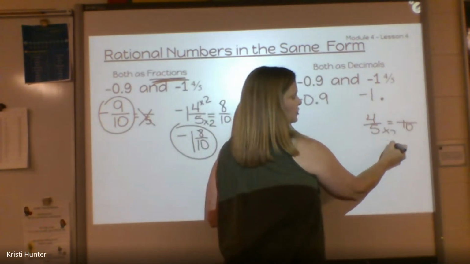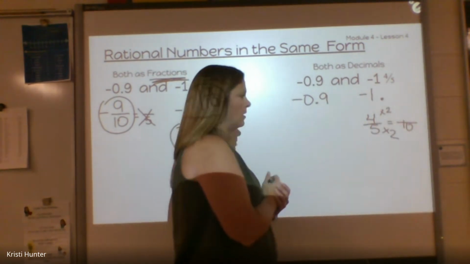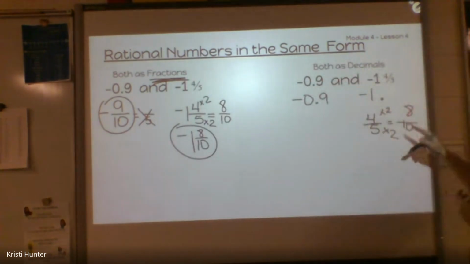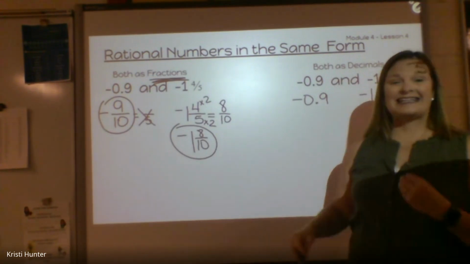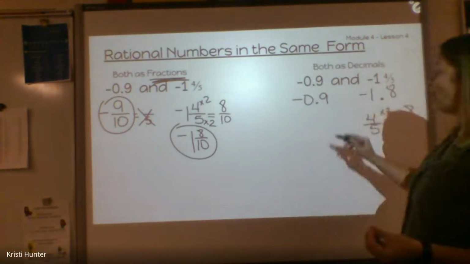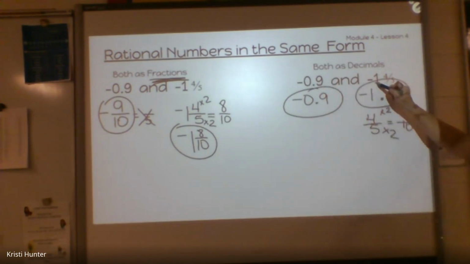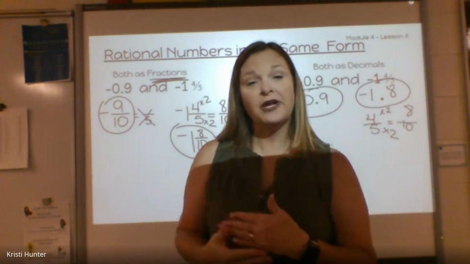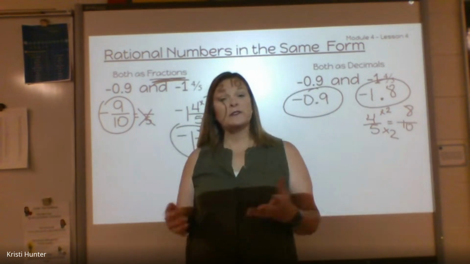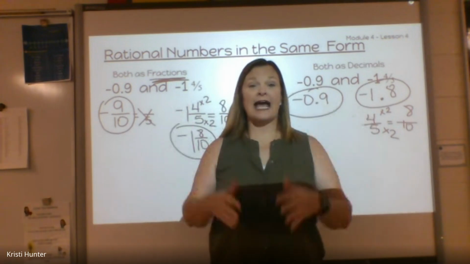5 times 2 gets me to 10. If I do it to the bottom, I got to do it to the top. 4 times 2 is 8. So I have 8/10, which we write as 0.8. 8/10. So now I have 2 decimals that I can compare. All right? So hopefully you're getting the hang of this. We're going to do some more practice with it because you're going to need it as we put these now